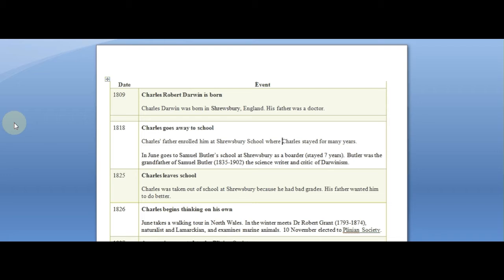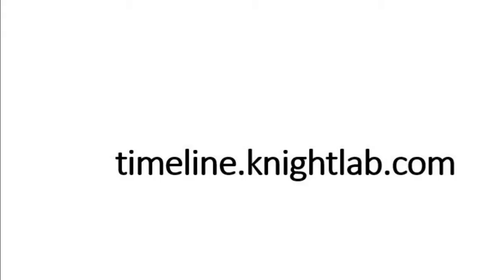Say for example, I am going to create an interactive timeline on the life history of Darwin. So, I have already prepared this data along with me: the date, the event that happened during that date, and the description of that event. So, to create an interactive timeline, you have to go to